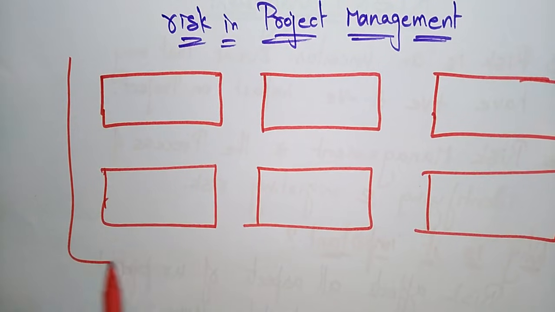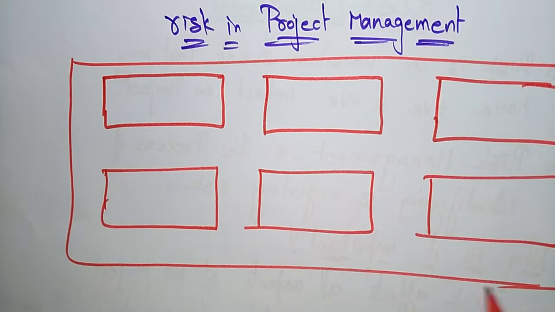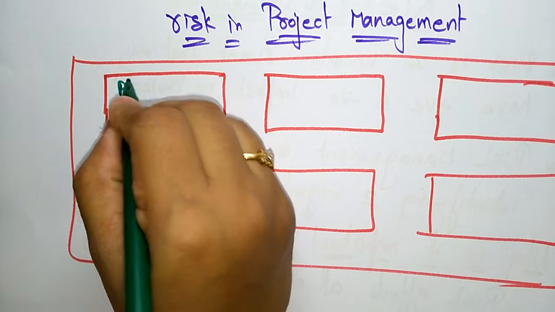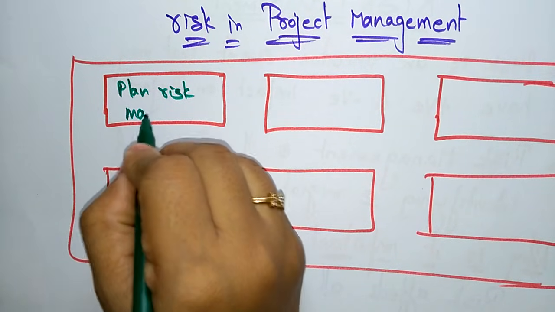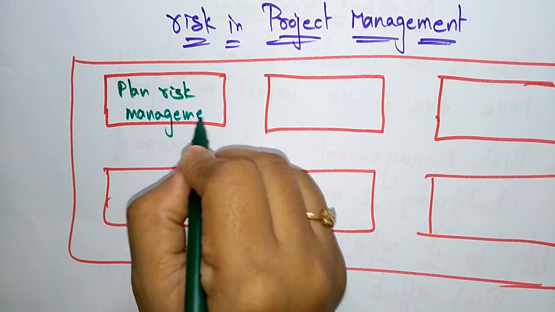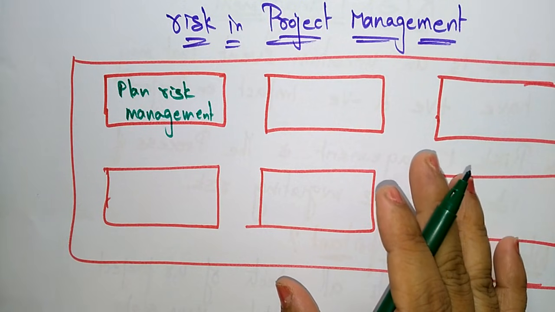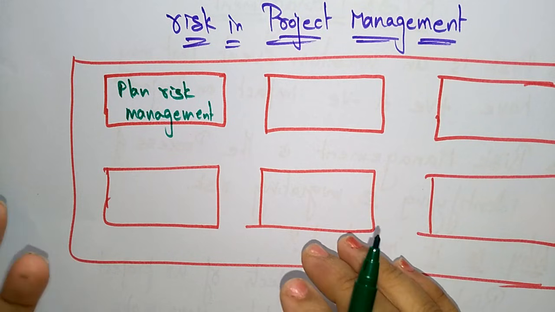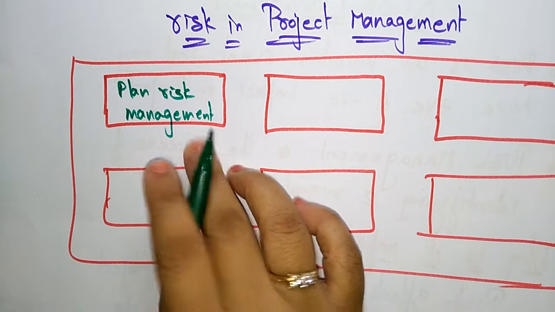Totally you have six risk processes in project management. Those are plan risk management. While you are planning the project, if you are doing the starting step of your project, there should be a risk, so you have to take care about that risk. So plan risk management,